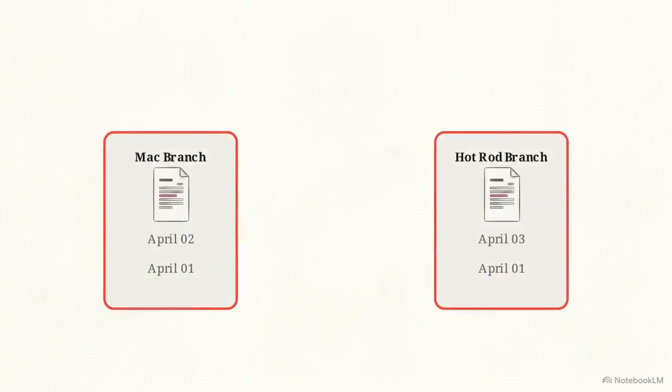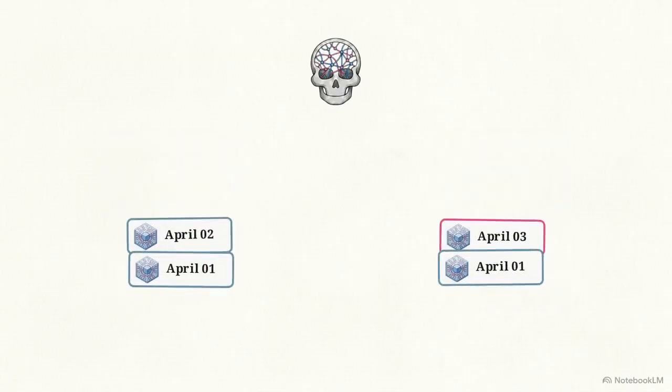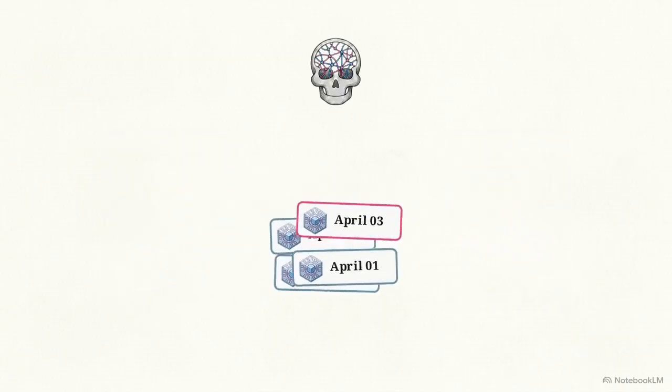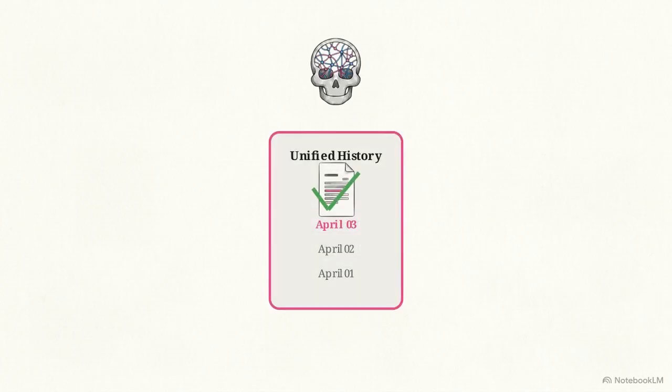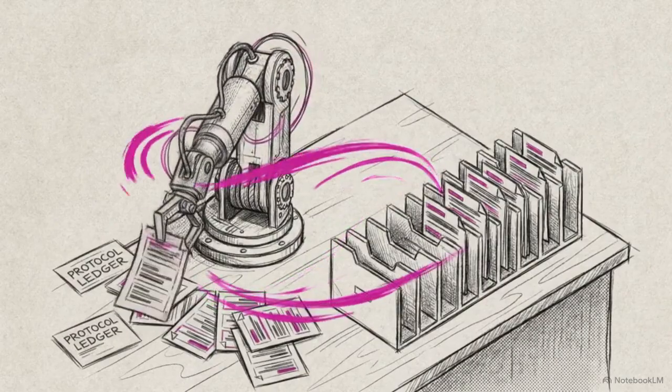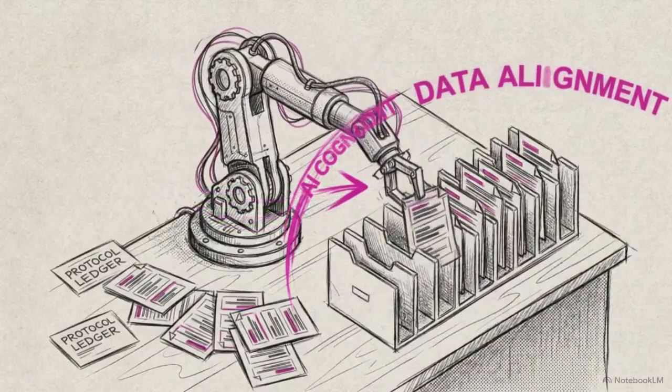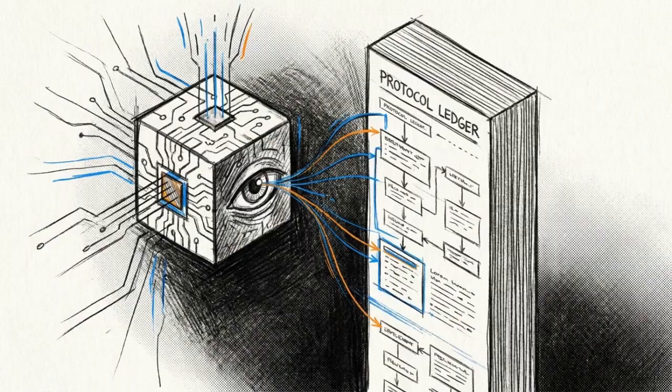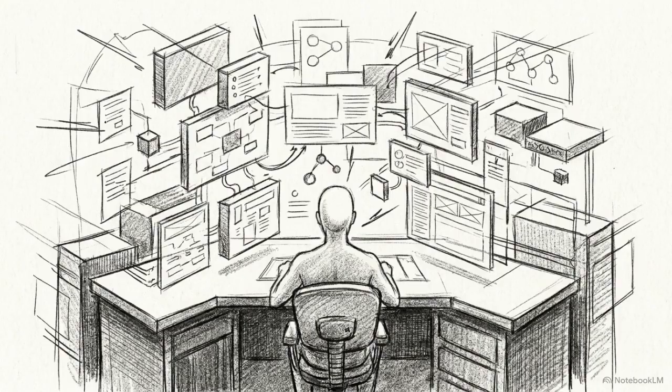But because we strictly enforced the newest on top rule, the AI could read its own protocol. It looked at the conflicting dates, identified the chronological error, and knew exactly how to merge the timelines together. It stacked the dates correctly, saved the fix, pushed the code, and closed the session. It did all of this without a single human click. Applying a strict structure that the AI can actually understand allows the machine to organize its own history. This provides the mathematical logic required for a stateless AI to reason through an error and fix its own operational failures.